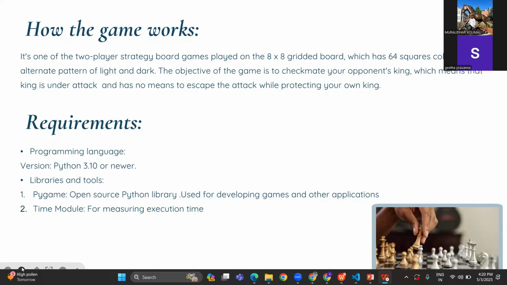When we speak about how the game works, chess is a two-player strategy game. Here one player will be the user and the other will be the AI. Chess is played on a basic 8 by 8 gridded board with an alternating pattern of light and dark squares. The main objective of the game is to checkmate our opponent's king while defending